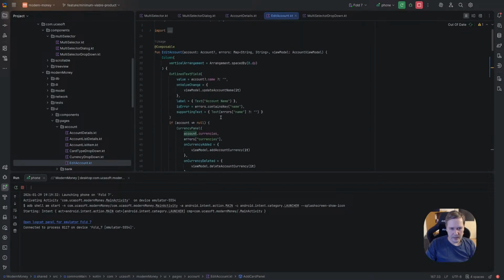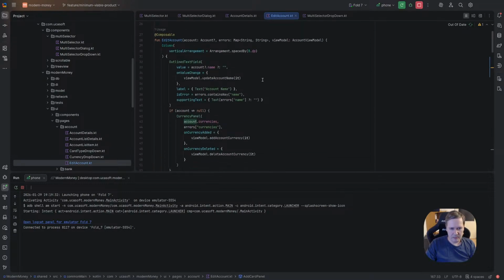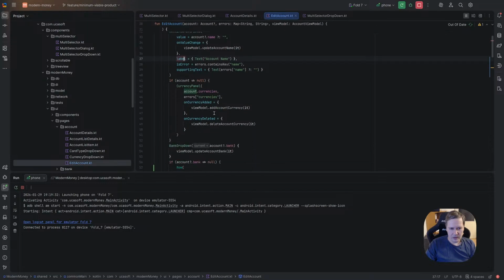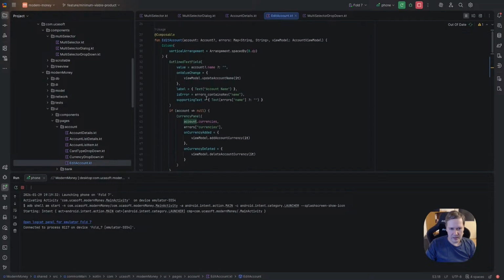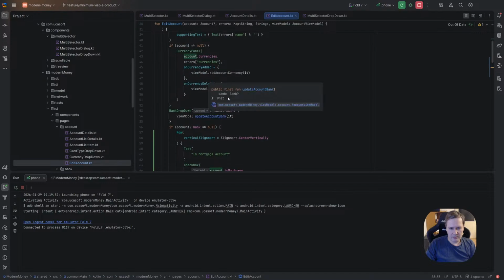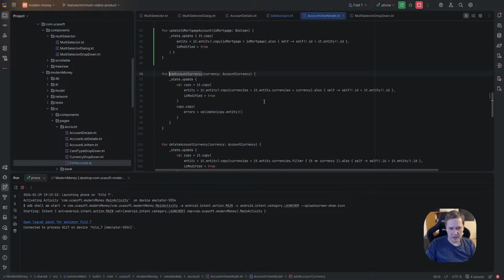But let's check why we have this problem with bank name. So it's called when we add something, we update, for example, the currency panel, the currency, and we call validate.